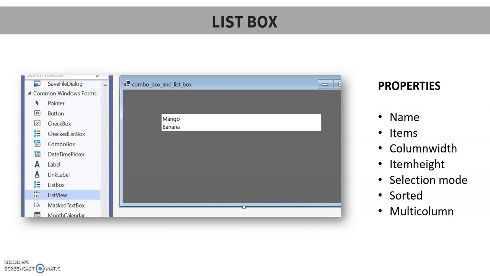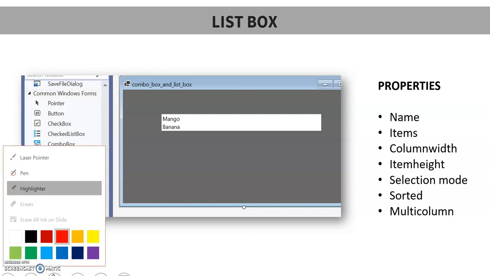Hello everyone. In this session, we will talk about the list box. You already know what a combo box is and how to use it, right? List box is similar to the combo box. Then what is the difference, and how will we come to know which control we should use, either a combo box or the list box? So, let's see what you can do.